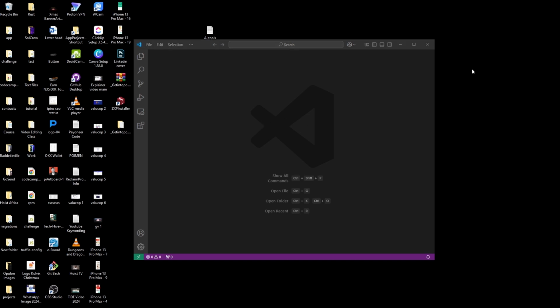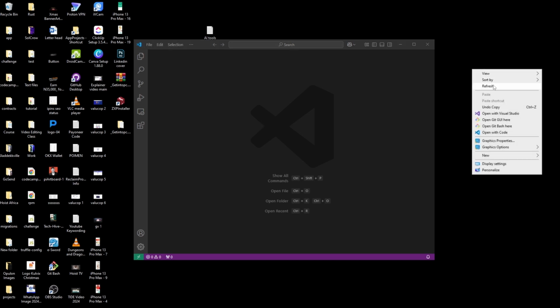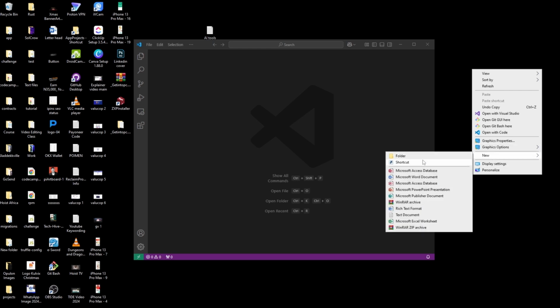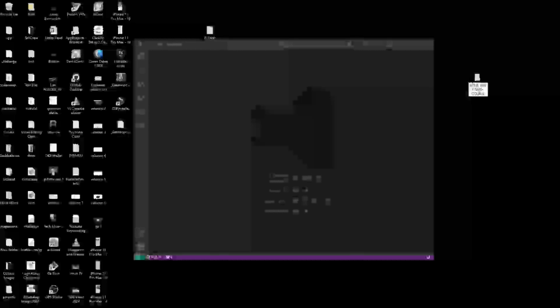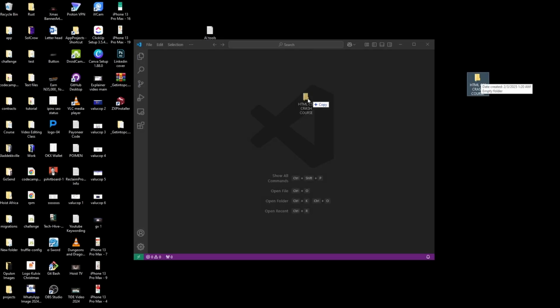So next, I'm going to go to my desktop. I'm going to create a new folder right on my desktop. So I'm going to come to new, say folder, and name it HTML CSS crash course, right? So, I hope I spelled it right. Yeah. So all I need to do is to drag this folder and drop it inside VS Code like this,